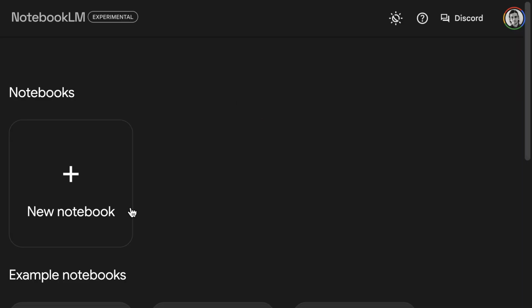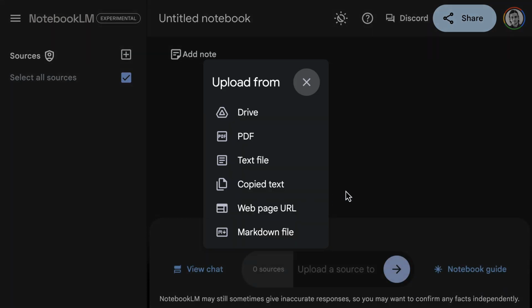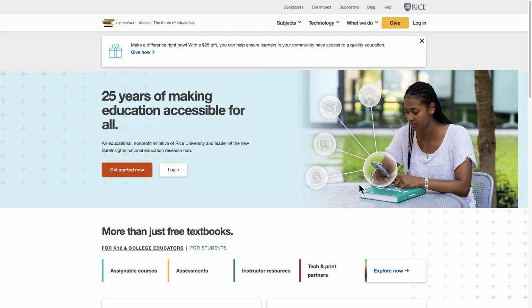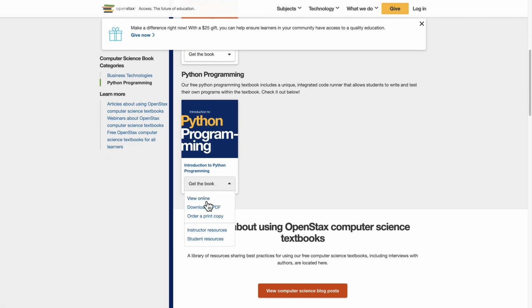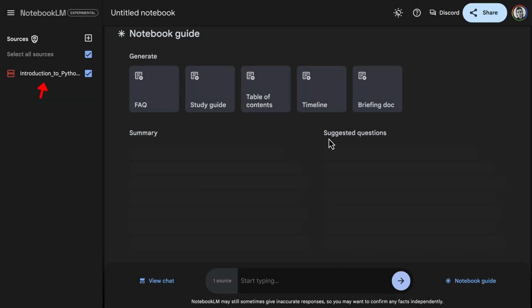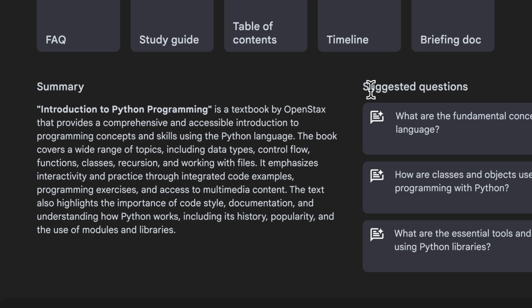You start by creating a notebook, uploading some documents, whether it's PDF, text files, or even web pages. Let's say, for example, I'm learning how to program in Python, so I go over to OpenStax where I can get a free book on Python programming. I upload the PDF here in NotebookLM, and once it's loaded, I am immediately presented with an AI-generated summary of